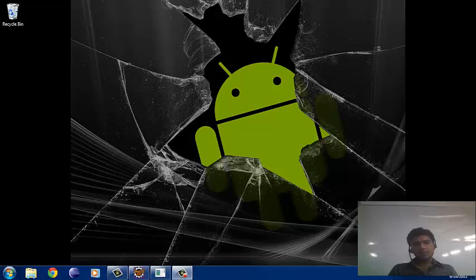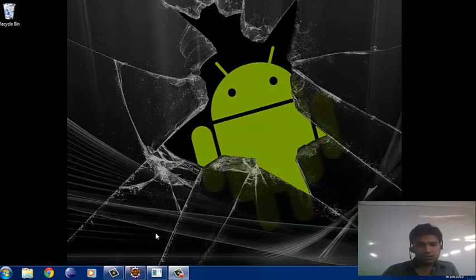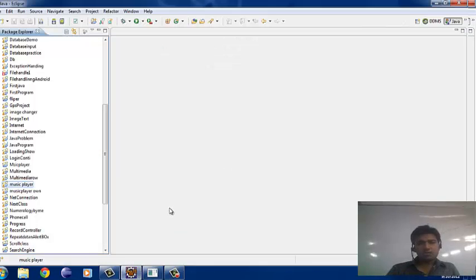Earlier I have uploaded many Android applications on calling and SMS. Today I am sitting in front of you to discuss the music player. In the music player we have used file handling code to search the songs from the memory card or SD card, and then a multimedia activity to play the music.